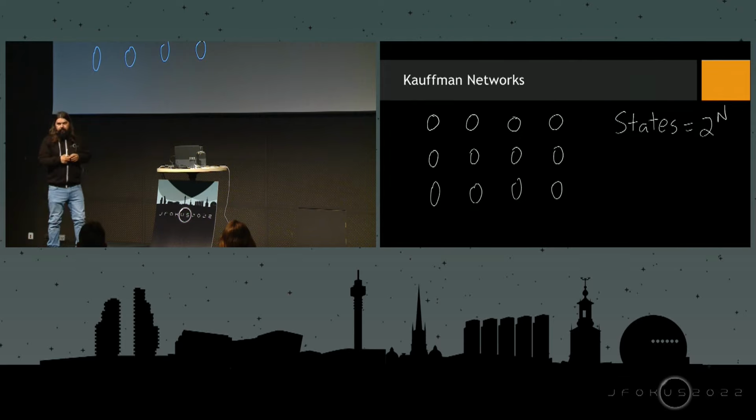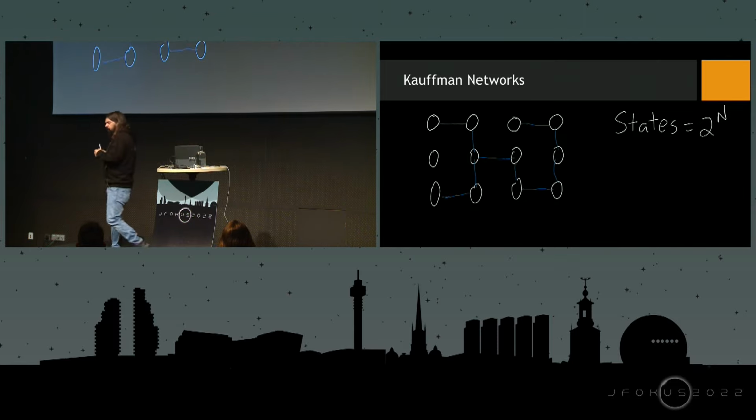So 2 to the power of 100,000 is an absolutely enormous number of states that this system can arrive in. It's huge. And Kauffman discovered something. If he put links between the nodes so that they were dependent on each other, so that the output of one node's function fed into another, and the next node made its decision based on the input from that node,